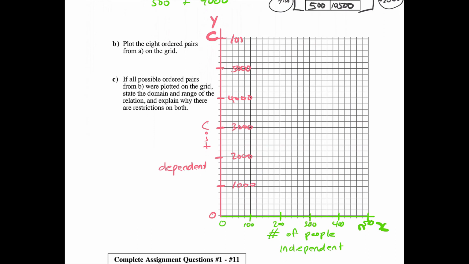Okay, at the same time, I don't want to just choose a very large number such as 5,000, 10,000, 15,000, 20,000, because now basically this whole part of the graph isn't being used. Everything's going to be down in this area down here. So we want to choose numbers that are going to utilize most of the graph. So after sort of figuring things out, I think by going 2,000, 4,000, 6,000,